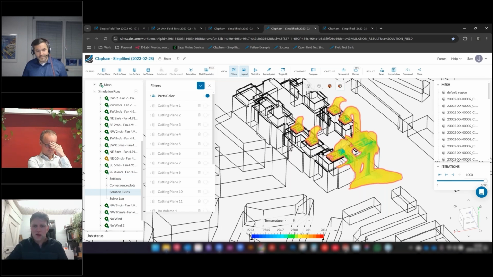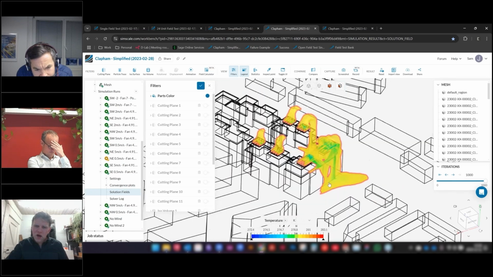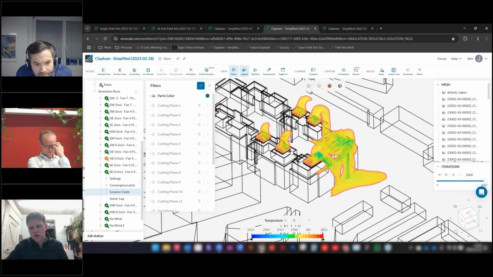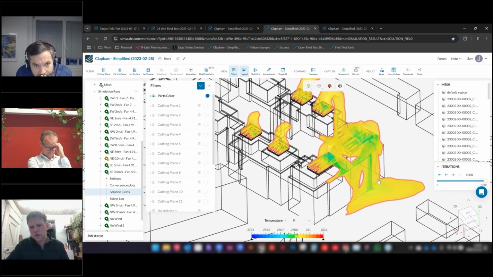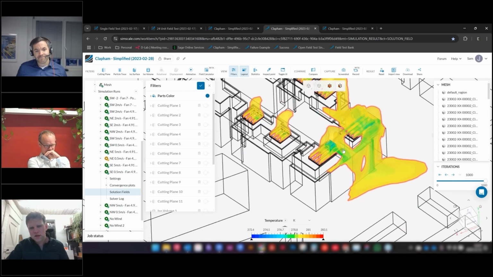So just moving on, what we do a lot, as I mentioned, is fail, and this is a great example of something failing in the Clapham model. We are seeing here a large portion of cold air dumping off the side of the building. It's not only dumping off the side of the building to the pedestrian level, which is going to be an issue for pedestrian cold comfort. It's also going to be an issue for the people that have bought penthouses either side here, where their rather expensive terraces are receiving some rather cold air, which would be quite constant.